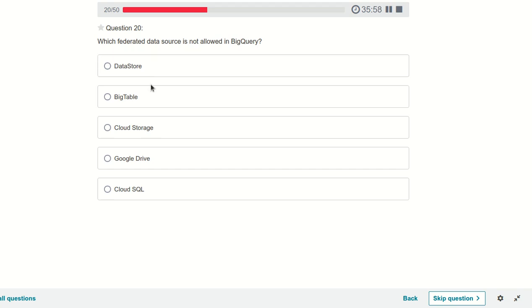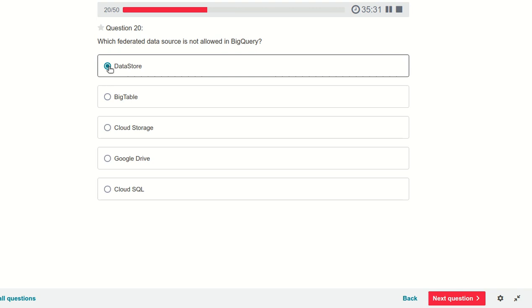Okay, so Google Drive is okay, because Google Drive has the CSV format. We can store the file in CSV format. That is okay. Cloud SQL is also okay. Cloud Storage is also okay. So out of Bigtable and Datastore, I'm not sure whether Bigtable is not supported or Datastore.